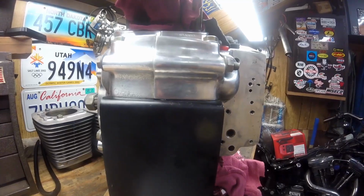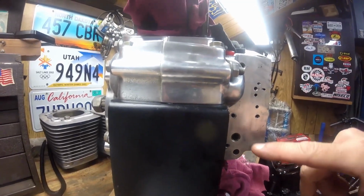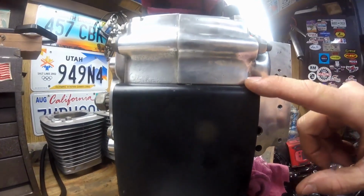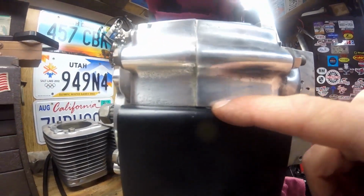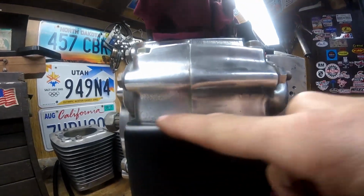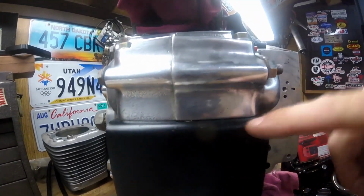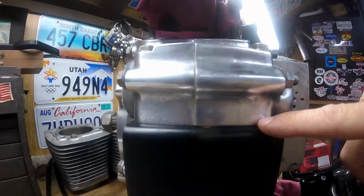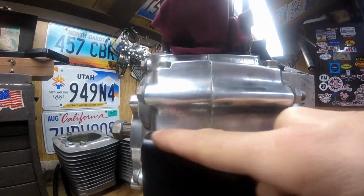One other thing I wanted to point out, on any Harley V-twin, where the cases bolt together should be flat, and you could see that this one is not even close. The right machinist will mill that down for you so that they match. Now it's not as important that the top match, but it is very important where it hits the motor mount